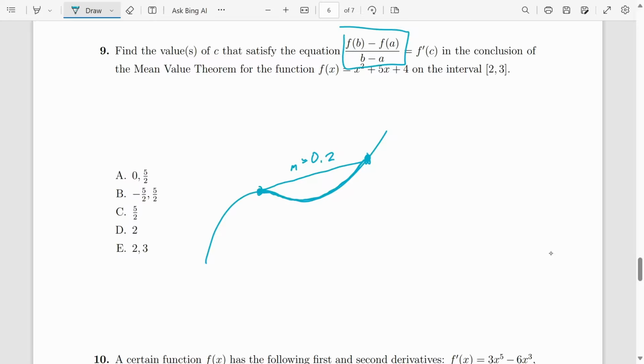So it looks like in this example that I've drawn, it'd be like right here, where it's got the same slope. It looks like it exists at that point. The slope of the tangent line is the same, 0.2. So that's what it's asking. It's testing